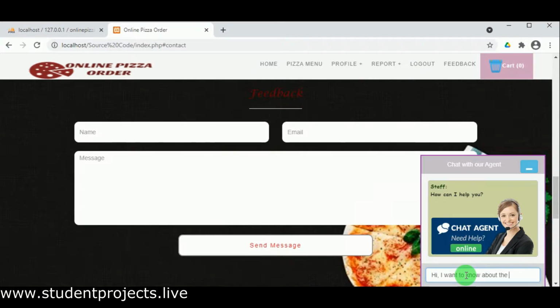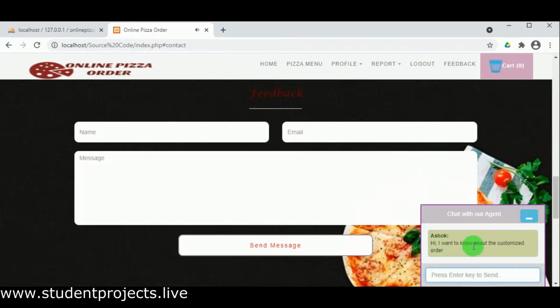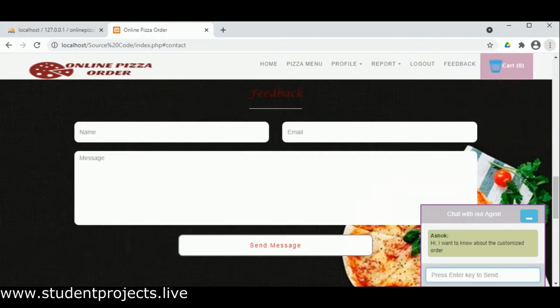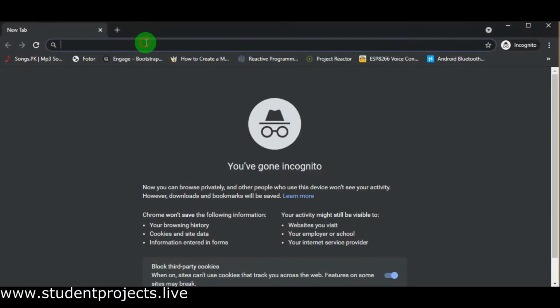So here we can see how the chat system works, or how the customer can chat with the staff. Here we will see about that now. So the customer is typing some message, and on clicking on enter, the message is sent, and the customer must wait for the staff's reply.